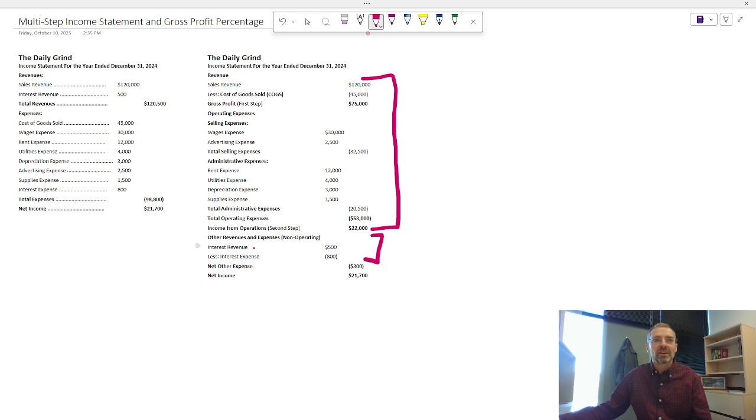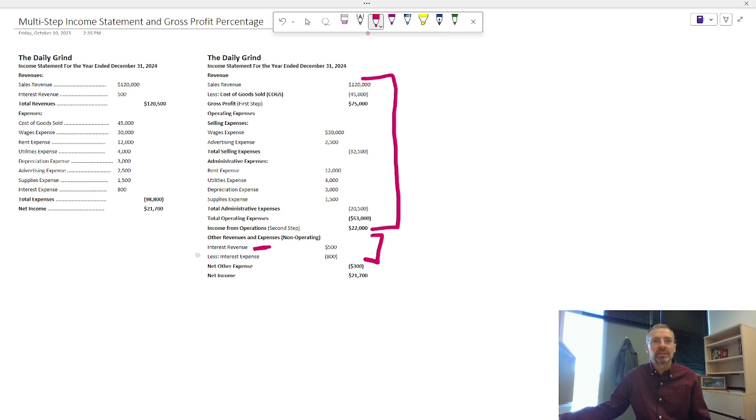And usually what's down here in the non-operating stuff, or in the other revenues and expenses, is interest revenue and interest expense. Unless we're a bank, interest is not what we do. So especially the interest revenue, we might be charging our customers if they pay us late, but that's not really the business we are in. Again, unless we are a bank and that's what we do. Most businesses, that's not the main thing.